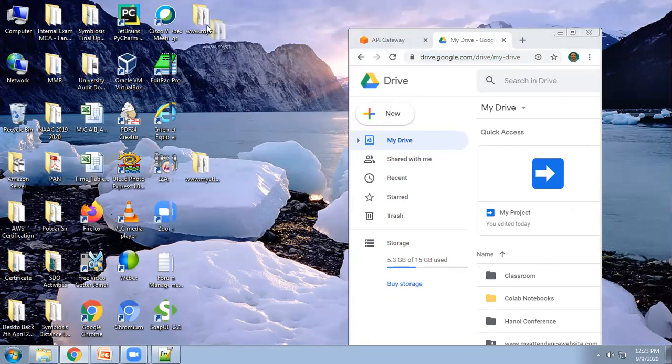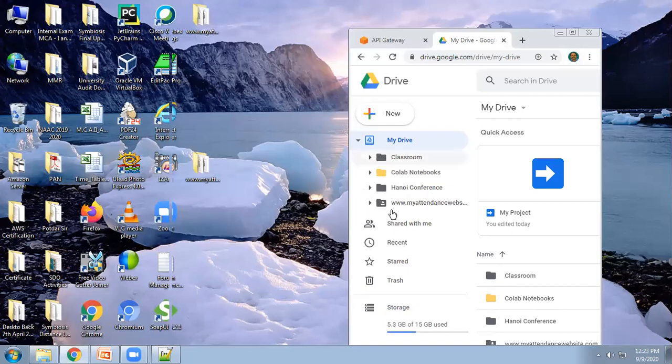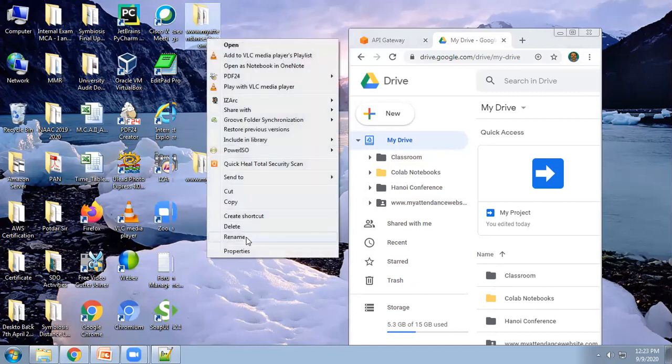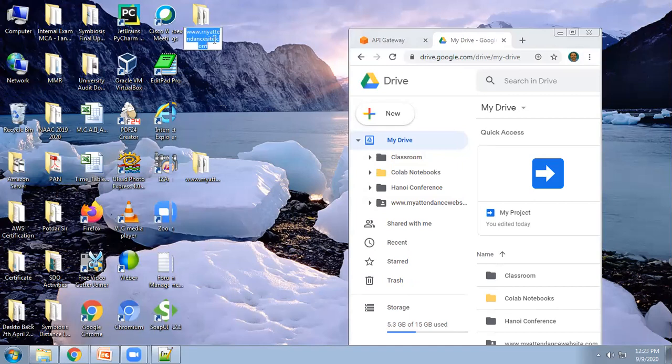Just a minute. These are some of the pages. I'm renaming it because I have already hosted one.